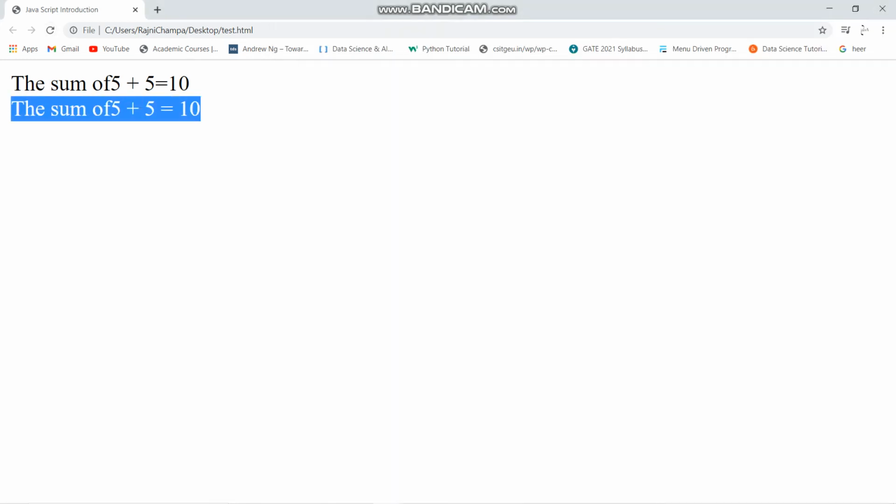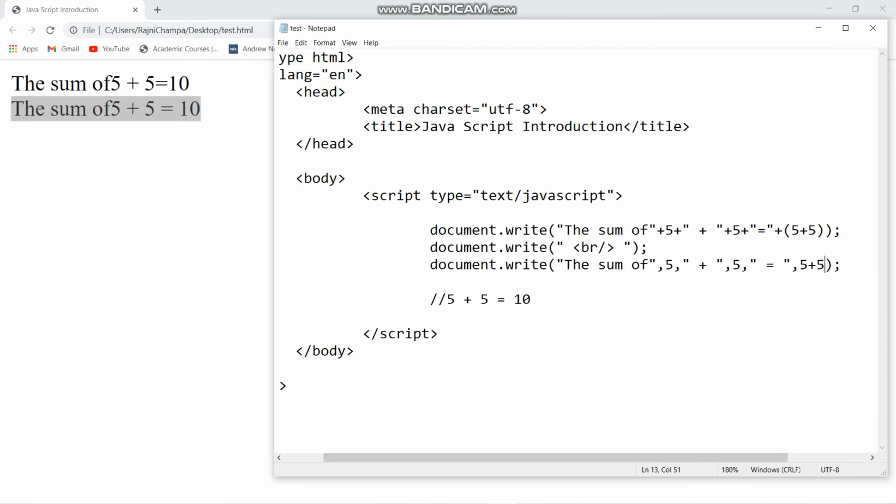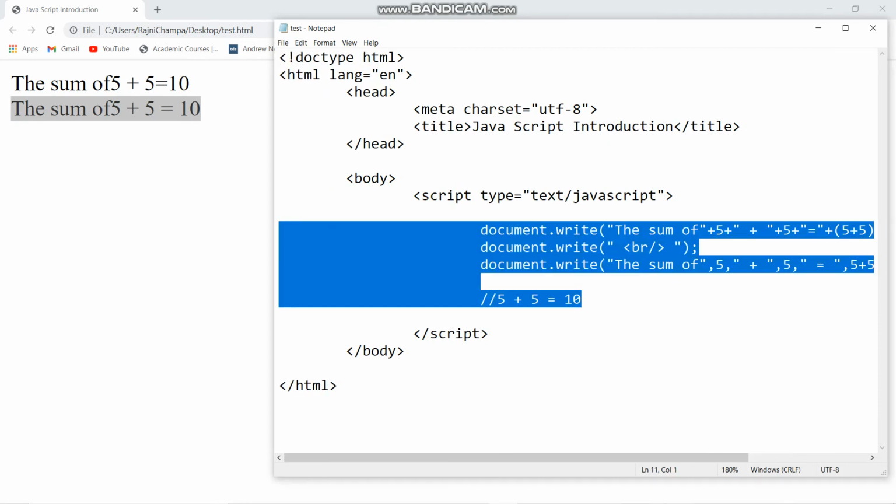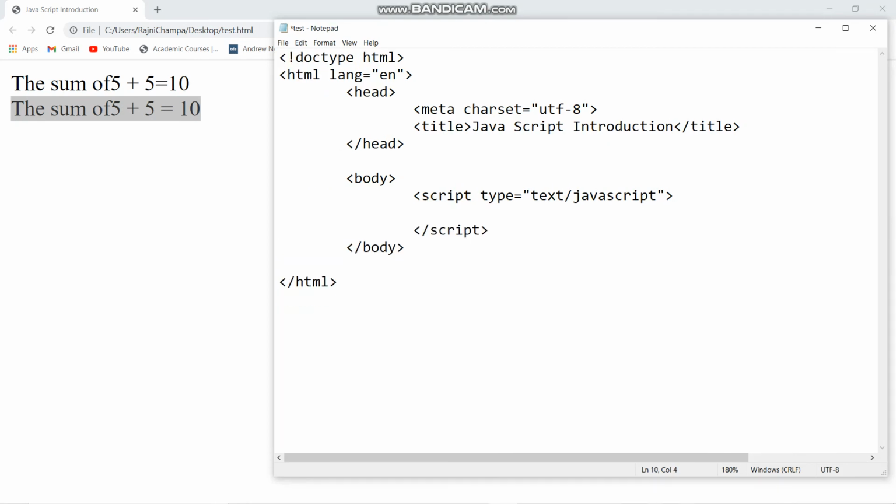Now we are going to talk about tables within JavaScript, how we are going to make a table. So it is simple, within the document dot write,